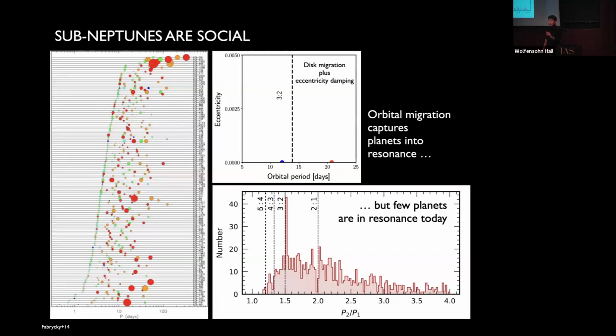So the 3 to 2 mean motion resonance is where one planet makes 3 orbits for every 2 that the outer one makes. Now, mean motion resonance is a signature, I would even go so far as to say smoking gun, of migration, right? So you need to move the planets around a little bit for them to lock into these resonant configurations. So here's just a little animation of this. If you have 2 planets, here and here, and they're not initially in resonance, the resonance is marked by this dashed line.